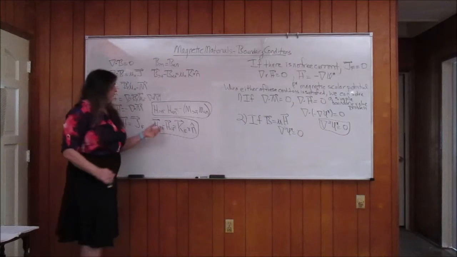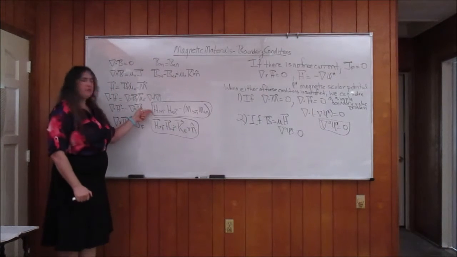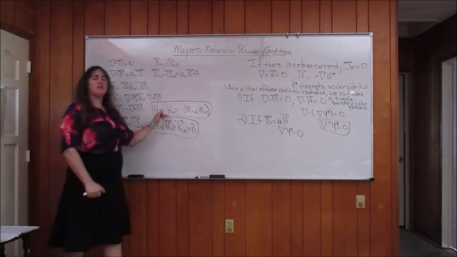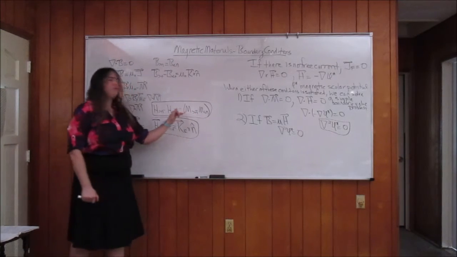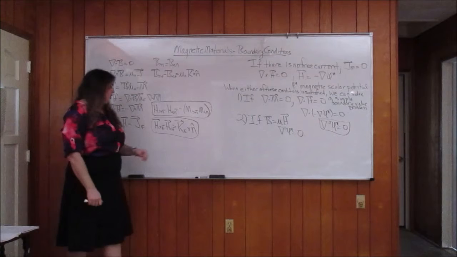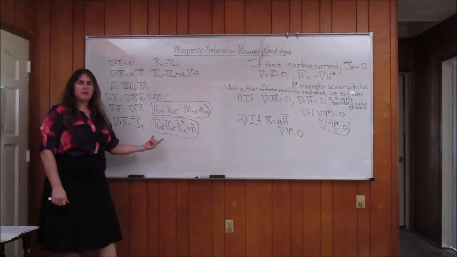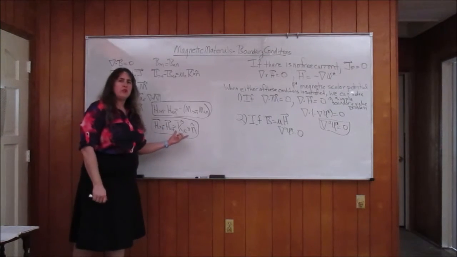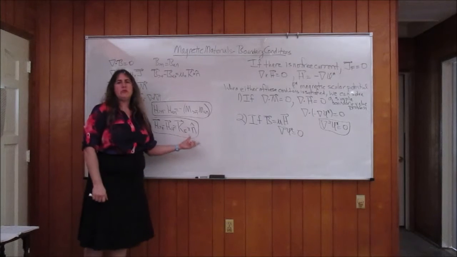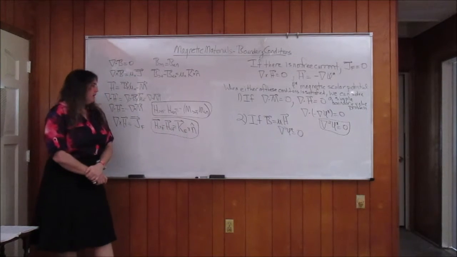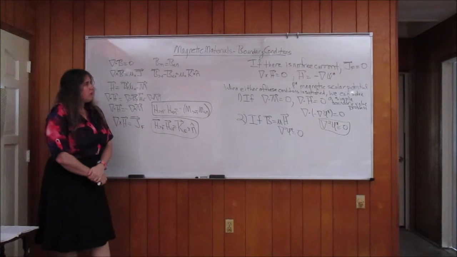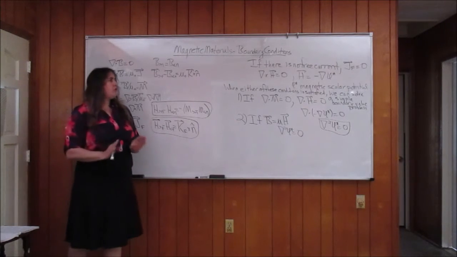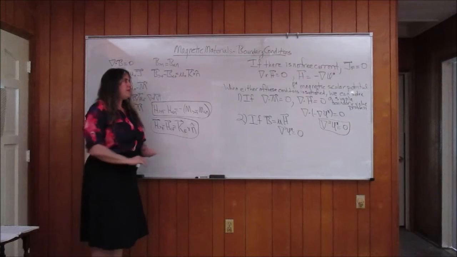So again, just to reiterate, boundary conditions on the H field: there's a discontinuity in the normal component of the H field, generally speaking, and that's equal to minus the discontinuity in the magnetization. There's also a discontinuity in the tangential component of the H field, and that is equal to the cross product of the free surface current density and the normal. And in the case that there are no free currents, in other words, where J_F is equal to 0,